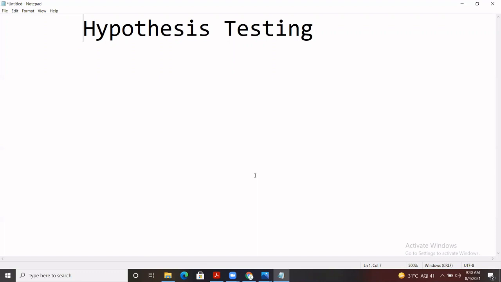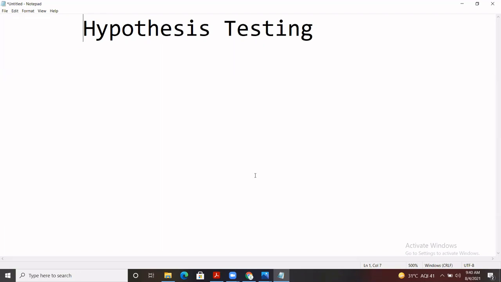Today we are going to discuss one more new topic, which is hypothesis testing. I believe many of you have gone through this and are aware of what exactly hypothesis testing is. In stats, it's one of the most confusing topics. So, before moving on to what exactly hypothesis testing is, what the different types are, and how we do the testing,